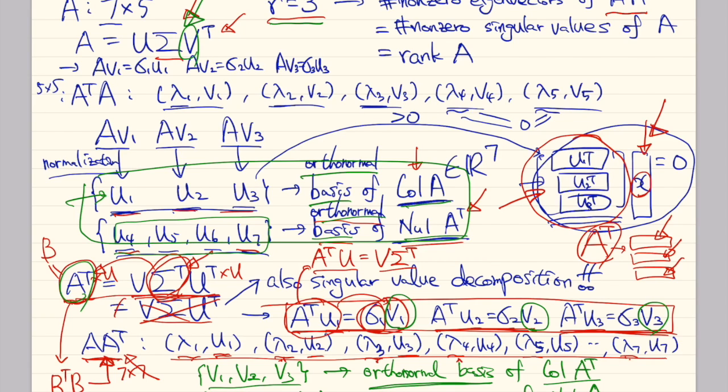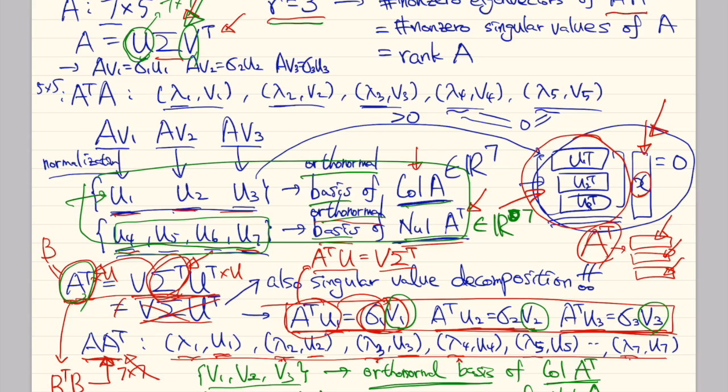Yeah, v4 through v7 will be orthonormal basis vectors of the null space of A. But here, let's see. Yeah, there was something wrong over here, and so the null space of A transpose is actually belonging to 5-dimensional space, and so our matrix, let's see, our matrix U is 7 by 7. Yeah, the null space of A transpose is still belonging to R7, but here, yeah, the column space of